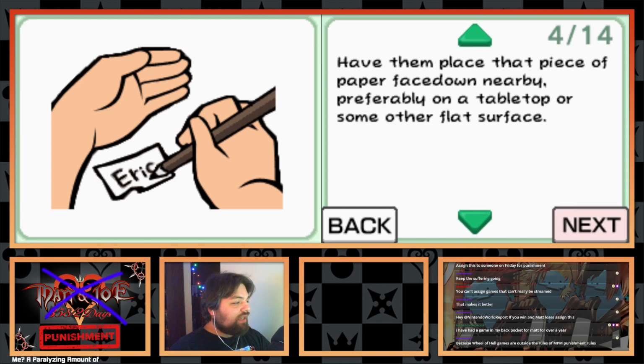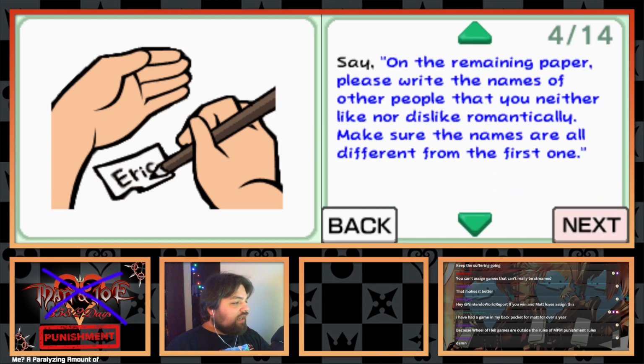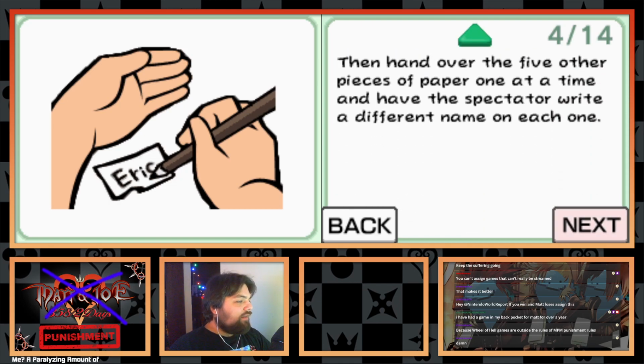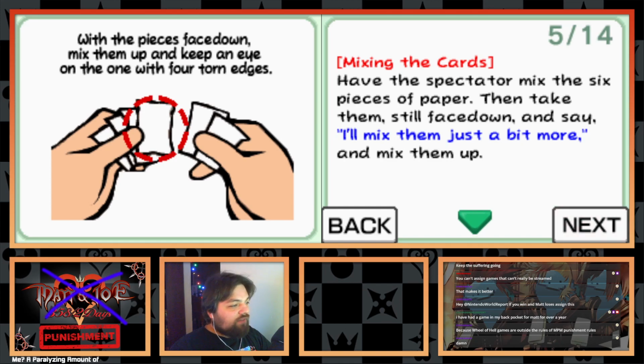So have them place that piece of paper face down nearby, preferably on a tabletop or some other flat surface. Say on the remaining paper, please write the names of other people that you neither like nor dislike romantically. Make sure the names are all different from the first one. Then hand over the 5 other pieces of paper one at a time and have the spectator write a different name on each one. So, mixing the cards, have the spectator mix the 6 pieces of paper,